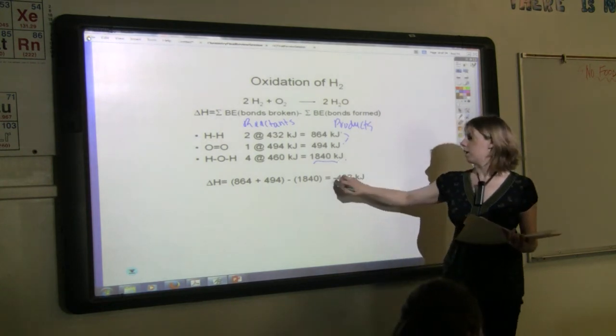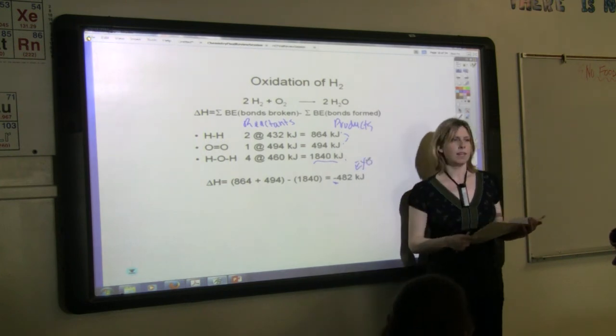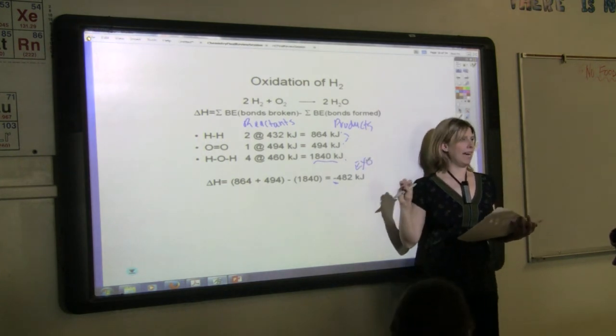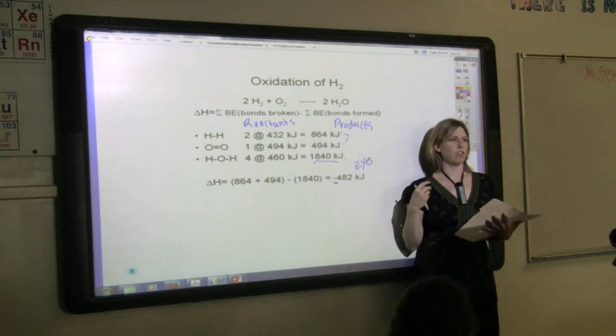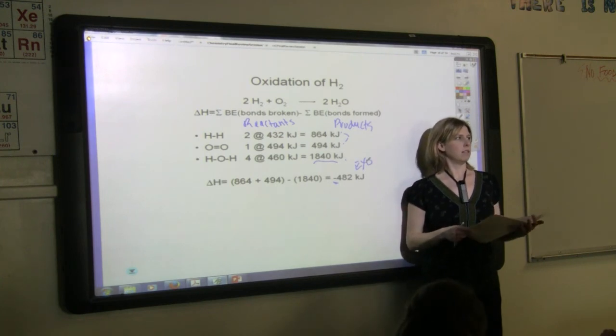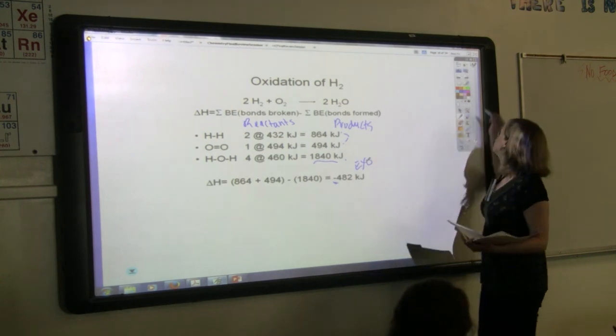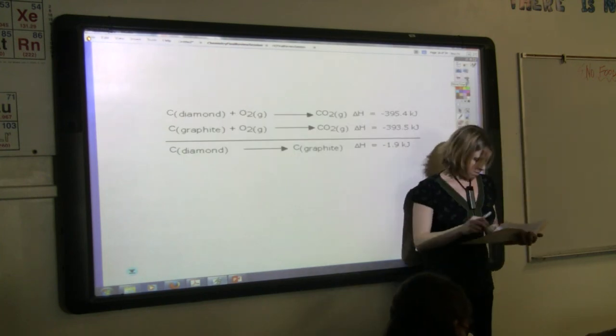Negative delta H is exothermic. Alright, so that's our basic one where we're adding up each individual bond. Questions? Alright, now we have